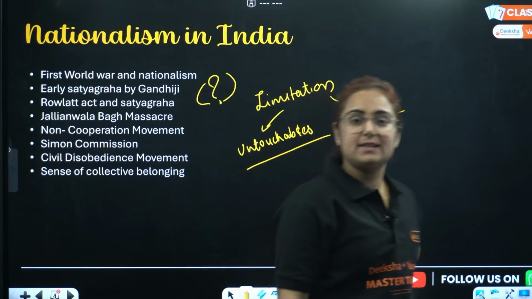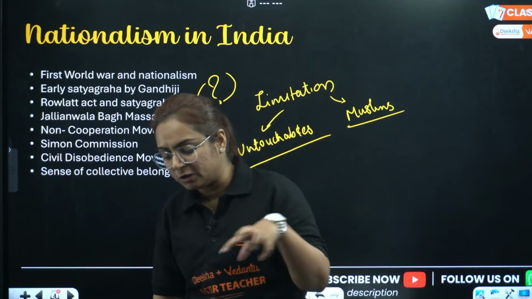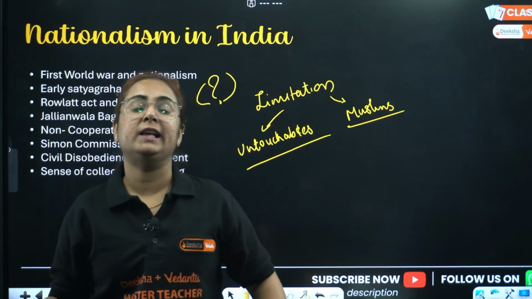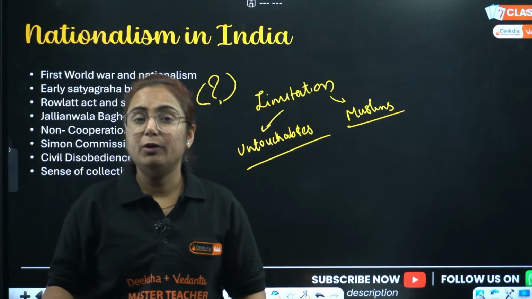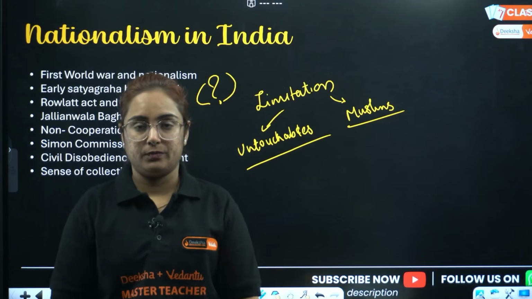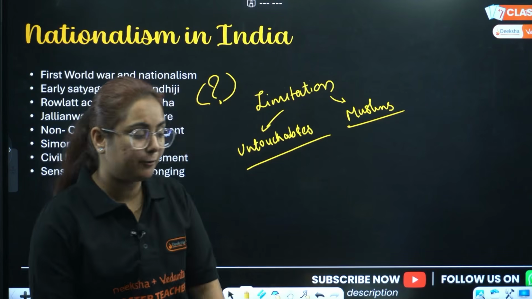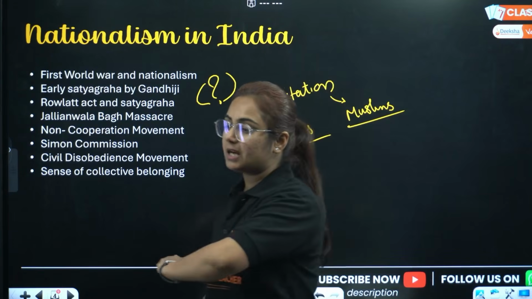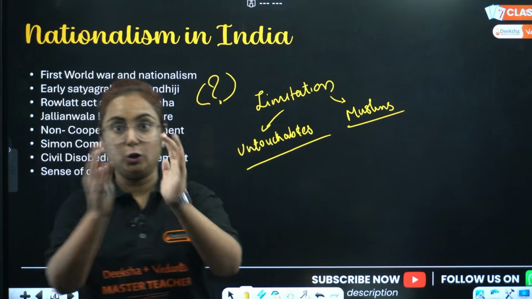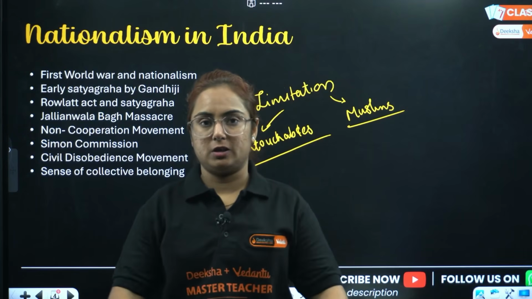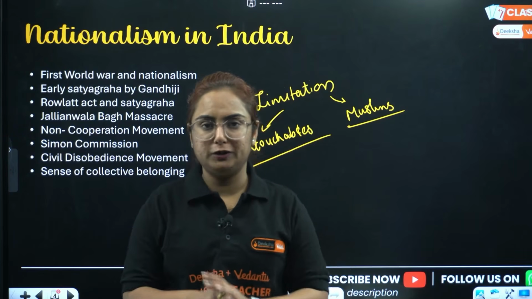Then you have to answer it by untouchables did not participate because they thought that they can never be allied by the Indian National Congress. They will never be given the same status as the upper class people enjoy. If we talk about untouchables, they were referred Harijans by Gandhiji, and Gandhiji as well as B.R. Ambedkar together made efforts to uplift their position. However, there was clash between both of them.